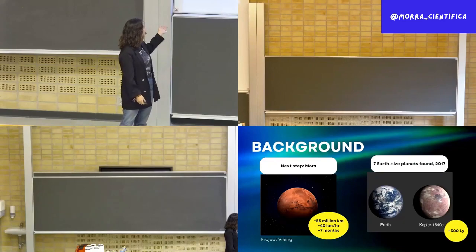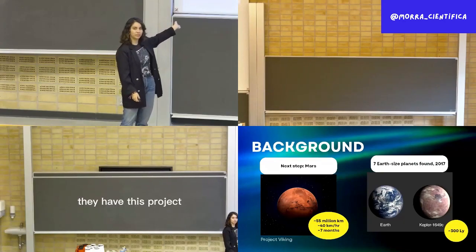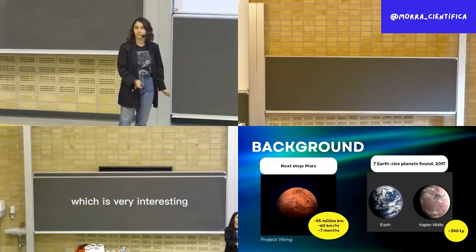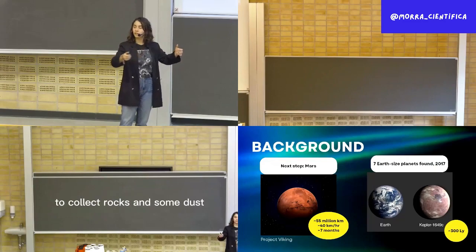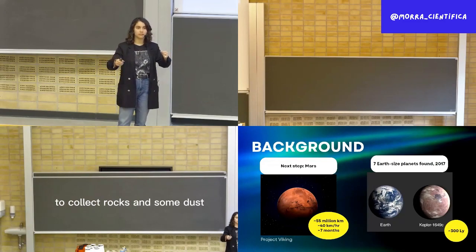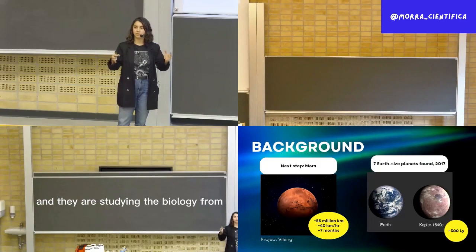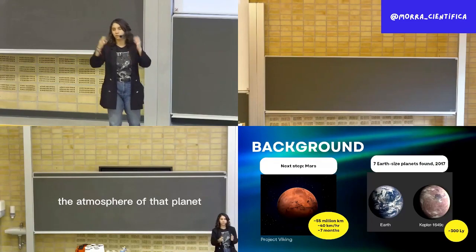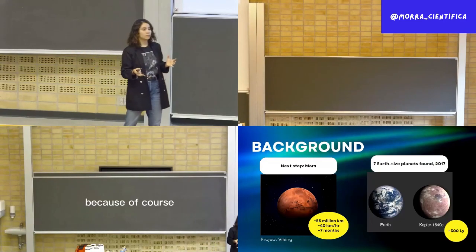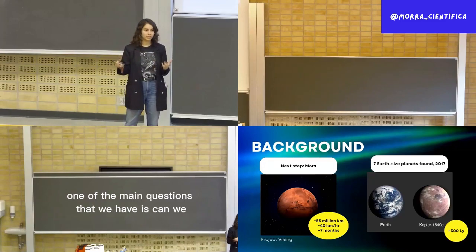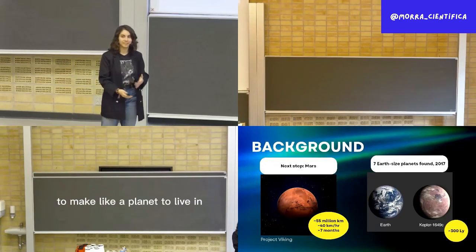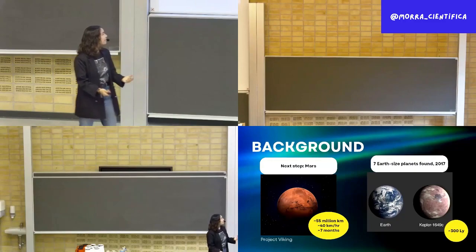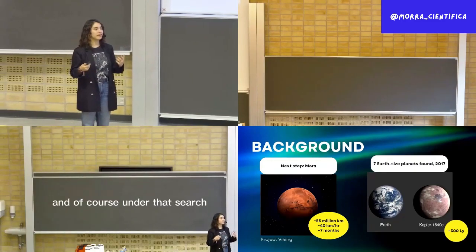And NASA has this project, the Viking project, which is very interesting because they sent some probes to Mars to collect rocks and some dust, and they are studying the biology from that and the atmosphere of that planet, because of course one of the main questions that we have is, can we go to Mars and live there and establish a planet to live in? And of course, under that search,